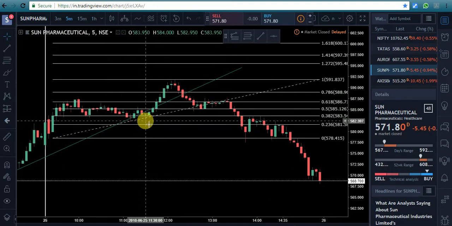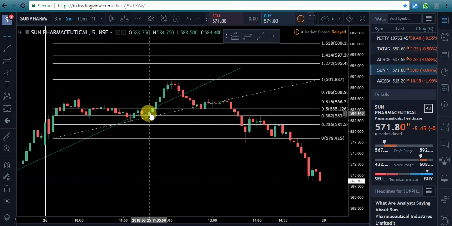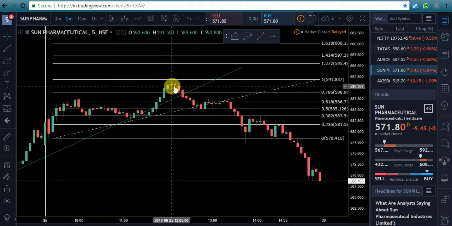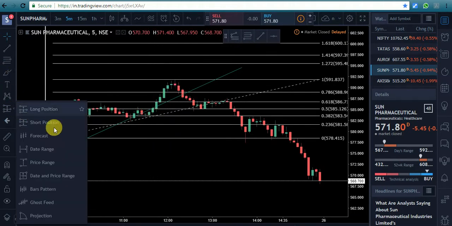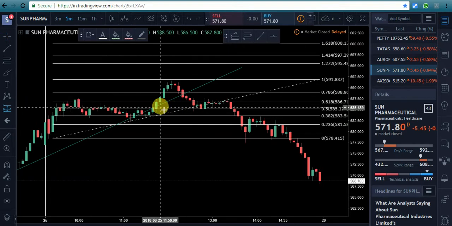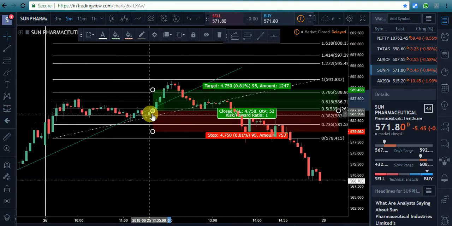See, here it gave a pullback. Then you can keep a stop loss at around 581 at this level, and then see here, if you are taking entry here, then it's a very nice move. Let's see the long position. If I entered here also at this level, then see here